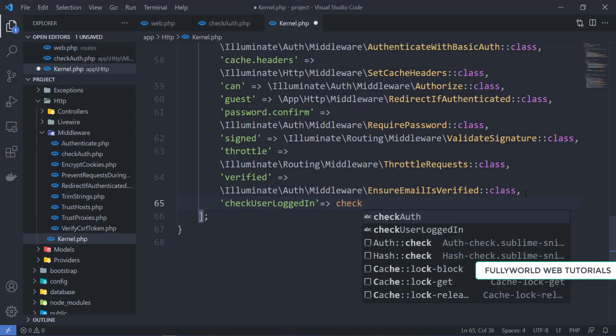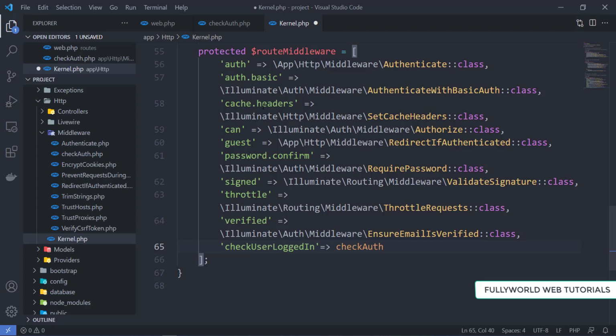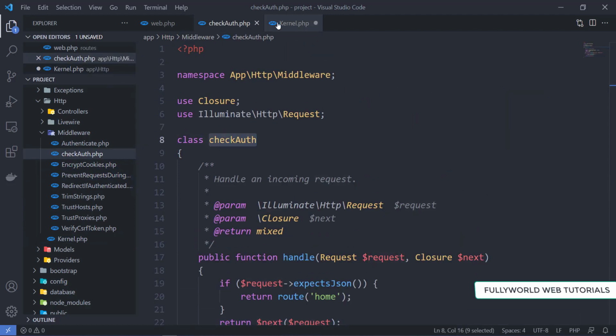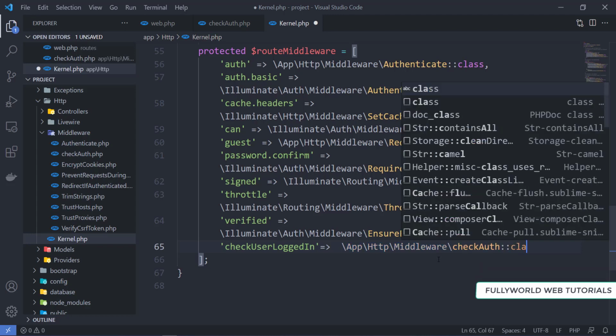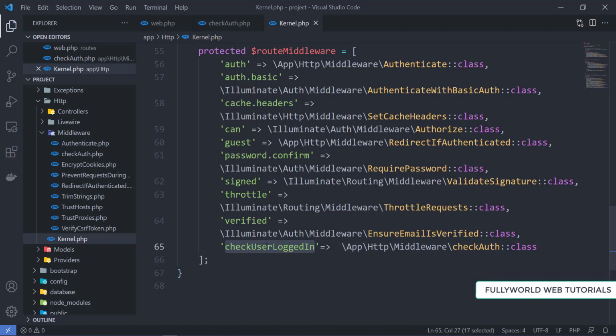That middleware class will be CheckAuth, from App\Http\Middleware. Copy this and paste it here. Let me see if CheckAuth is there. Yes, it's right. So this is the CheckAuth class, for checkUserLoggedIn.